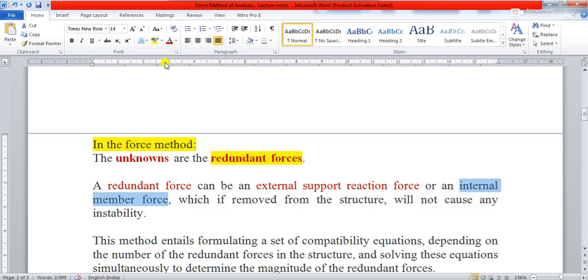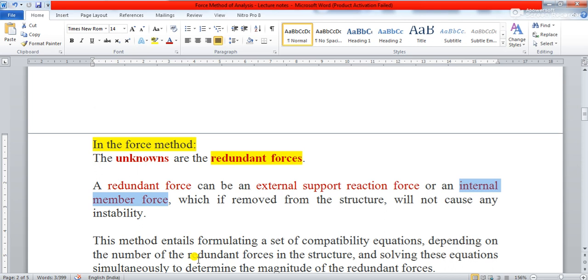When we discuss one or two problems, you will be able to understand. First we will start with external support reaction forces, then we will also try to understand what an internal member force is, which makes a structure indeterminate. If a redundant force, which can be an external support reaction or an internal member force, is removed from the structure,